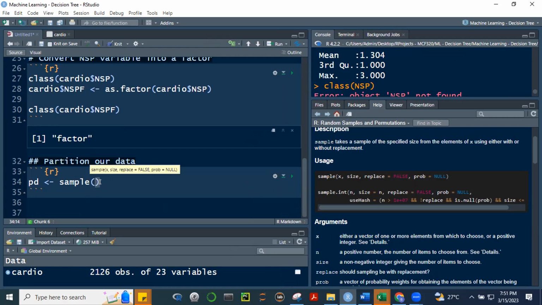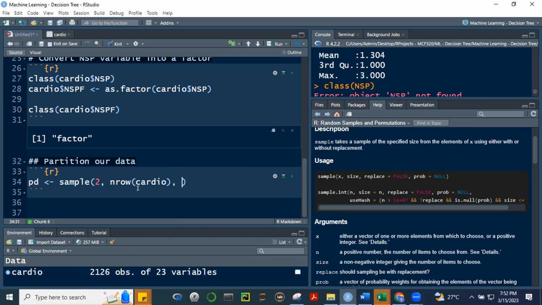All right. So in how many sets are we going to split our data? We're going to split it into two, di ba? All right, into two. Then ano yung size ng data natin? We have 2126. Okay, so ang gagawin natin dyan, split into two yan. 2126. Of course, it's not good to put 2126 there. Gamitin natin si nrow. Nrow ni cardio. Okay? The nrow of cardio, the number of rows of cardio is 2126. So that's a lot better than just typing 2126 there.